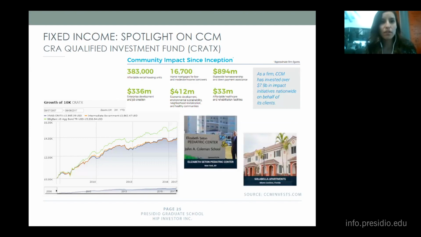And a couple sample investments. One includes a loan to Elizabeth Seton Pediatric Center that helped finance the construction and expansion of the center to accommodate 32 additional children who are dependent on ventilators. It was a 3-story addition to their facilities that also included more classrooms to educate the extra children that could be accommodated with the expansion. And since the expansion, they've also hired more than 100 new employees and have been awarded a LEED Gold certification on the building.